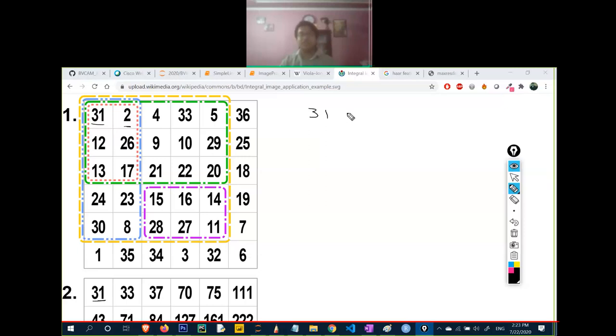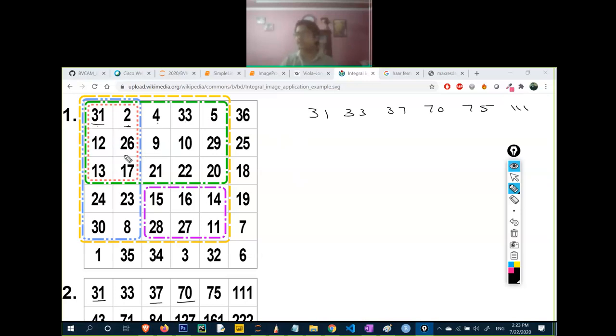So add 31 and 2 and write 33. Simple. After that, we have 4, so 31 plus 2 plus 4, that's why 37. Add them up, and that's why we have 70 here. We have 75, that's why we have 111. So this is the first row created from this image.